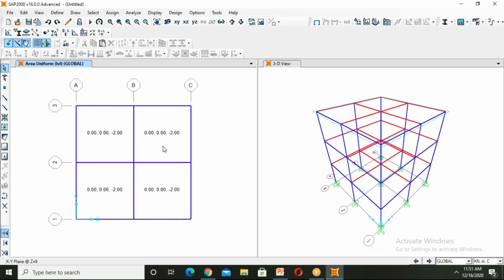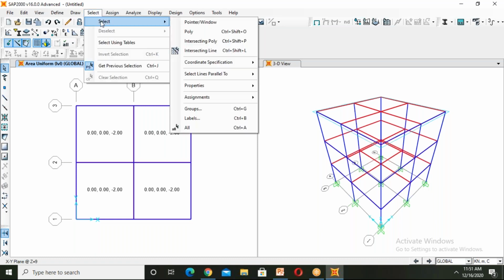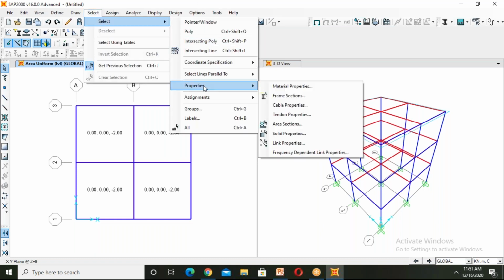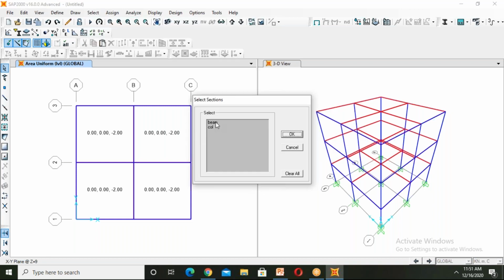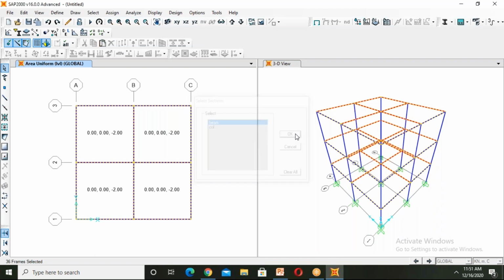Now we have to assign our wall load on the beams as a dead load. So go to select, go to properties, go to frame sections, then click on beam, click on OK. All the beams have been selected. The wall load is calculated as the density of the wall into height of the wall into thickness of the wall. After calculating all this, the wall load will be 13.2 kilonewton per meter.